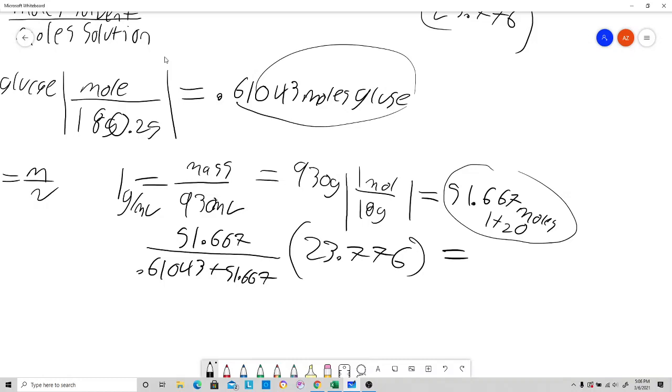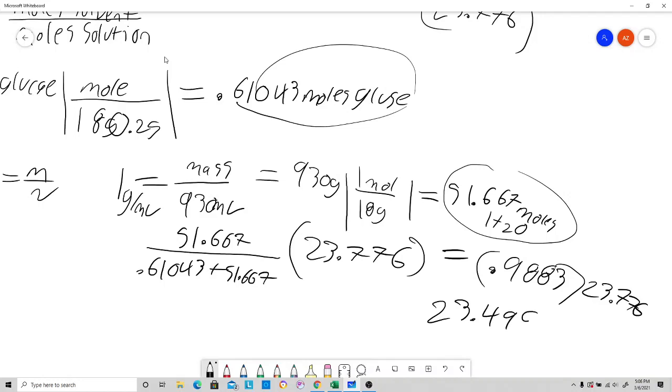For the mole fraction, I got 0.9883, and if I multiply this by the 23.776, that's going to be 23.498